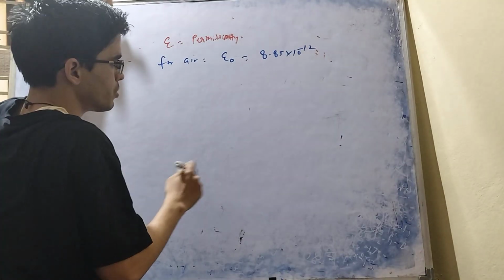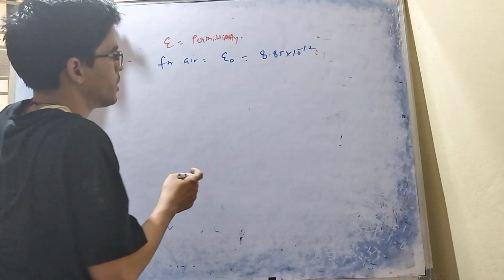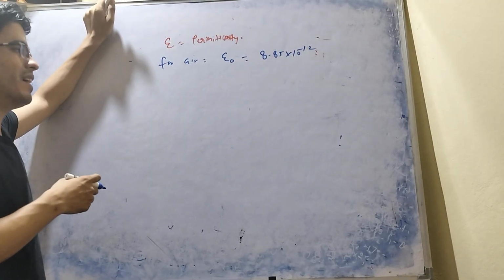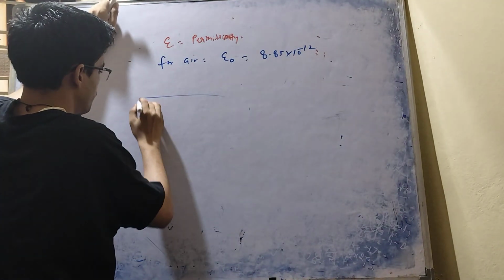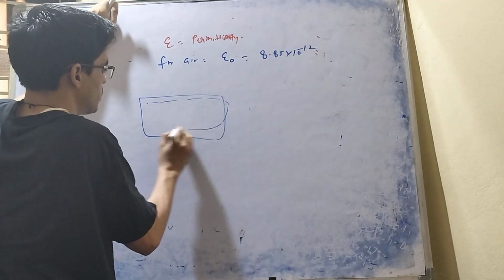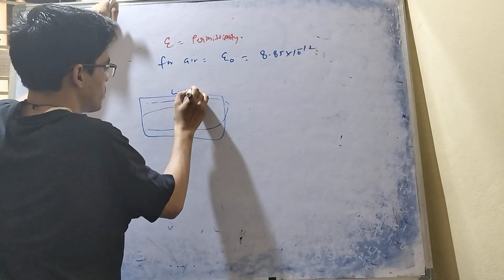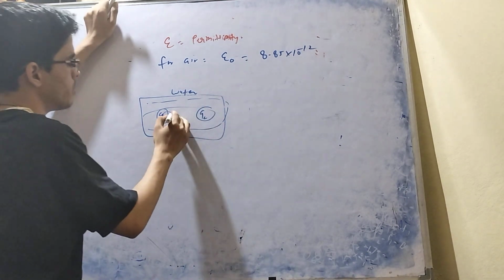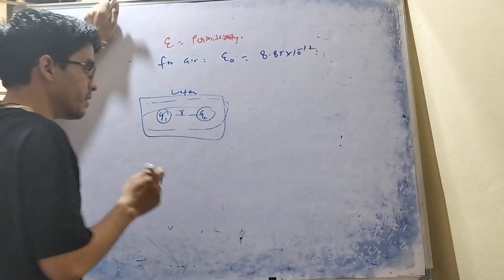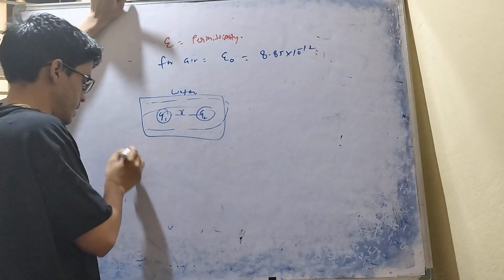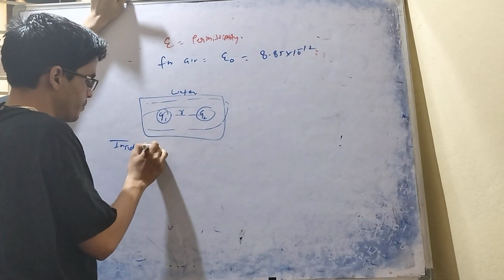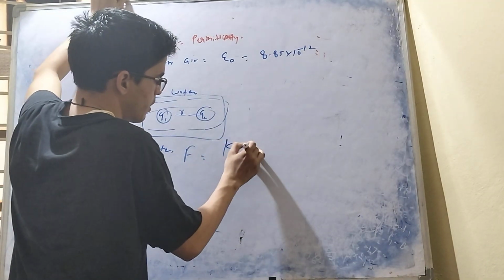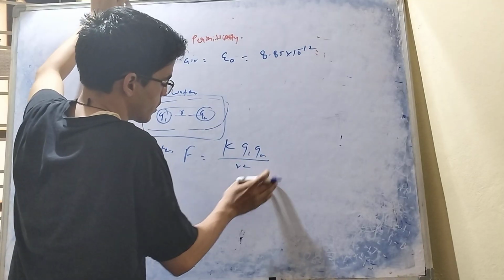Next thing, it is not always possible that you have to keep all charges inside air. Suppose you want to put the charges inside water. Inside water we have Q1 charge and here Q2, right? Now the distance between both charges is R. Tell me, how can we calculate? Inside water the force will be K Q1 Q2 by R square, correct?